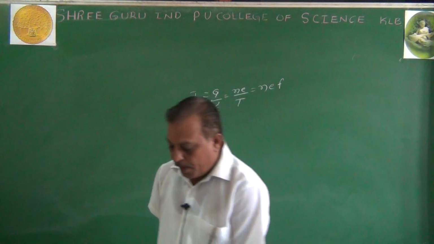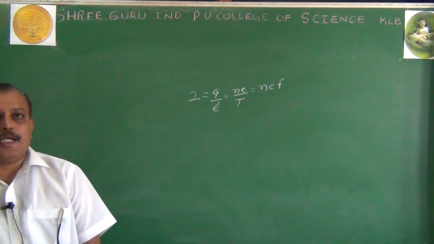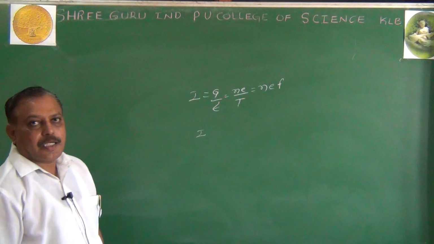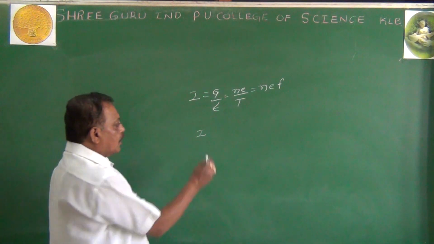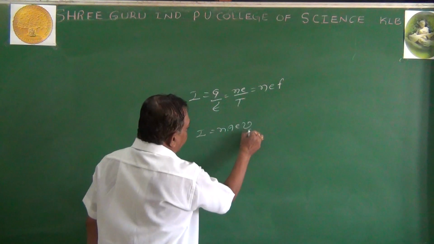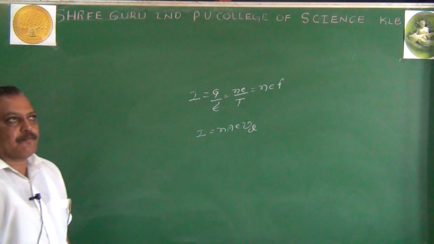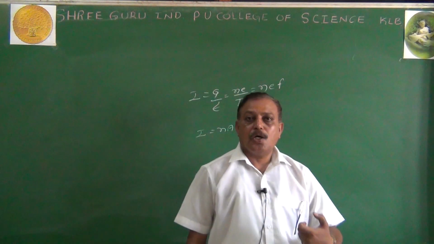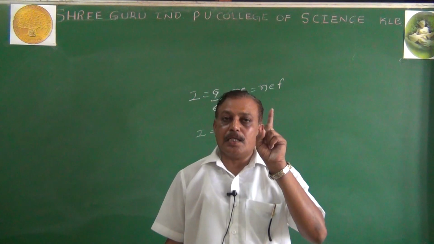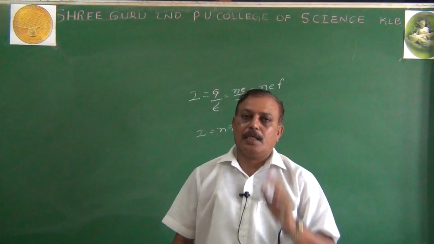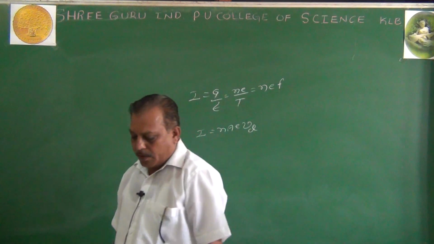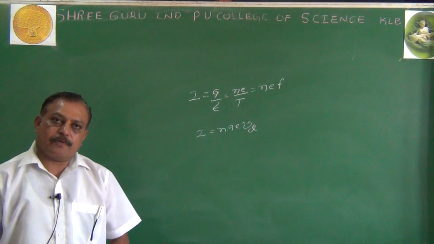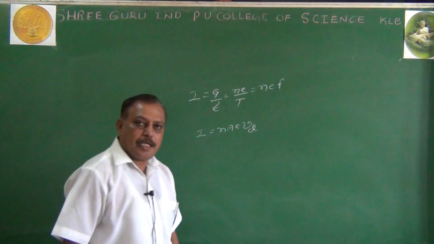Then after that, we come across the current in terms of drift velocity. Current in terms of drift velocity is I equals N A e into Vd, where Vd is called drift velocity. What is drift velocity? It is the average velocity with which the electrons move inside the conductor from one end to the other under the influence of the electric field. The drift velocity is of the order of 10 to the power of minus 5 meter per second. Before application of the electric field, the average velocity of the electrons inside the conductor is 0.